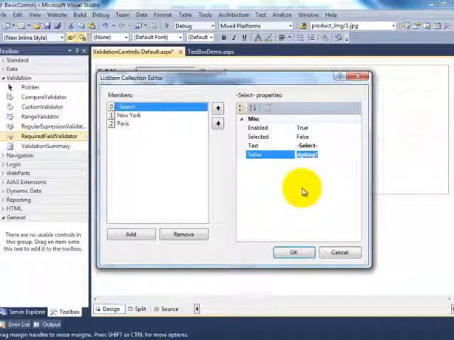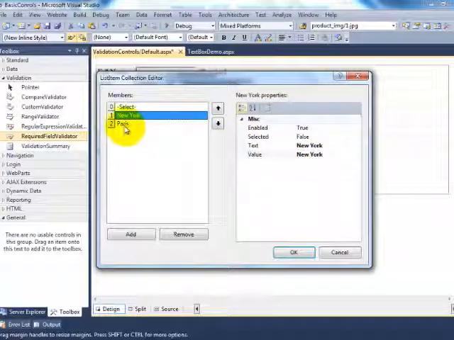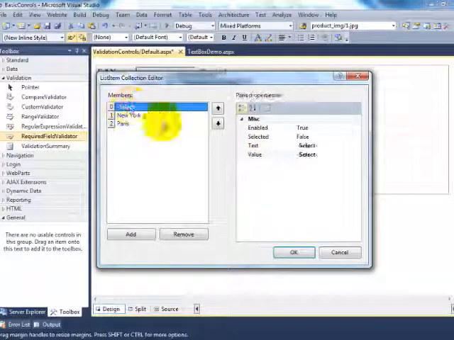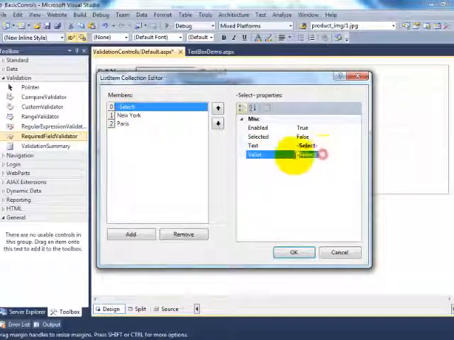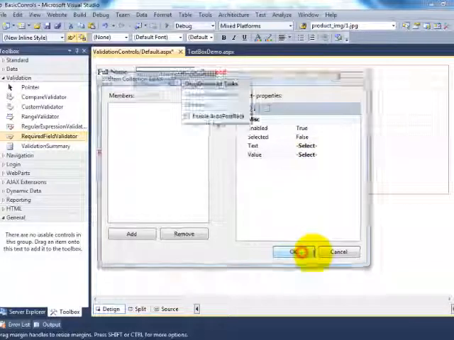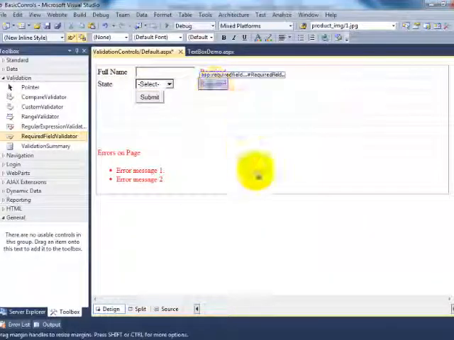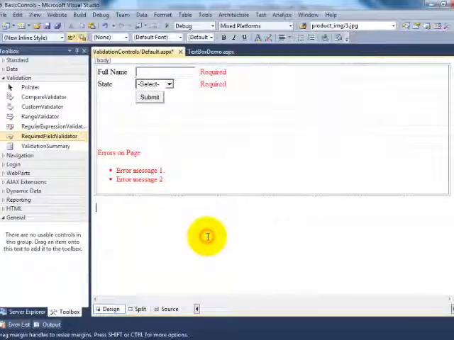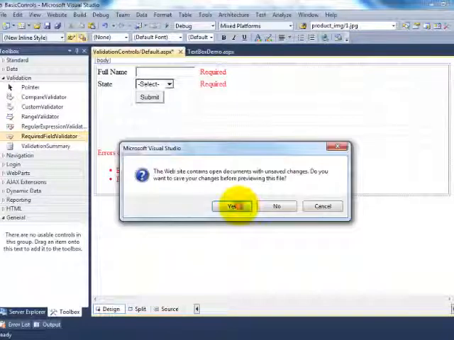By default, if you are not providing a value, it will take the text itself as the value. So you can copy this and provide it as the initial value to the validator. So initial value property for the validator and value property for the drop down list.